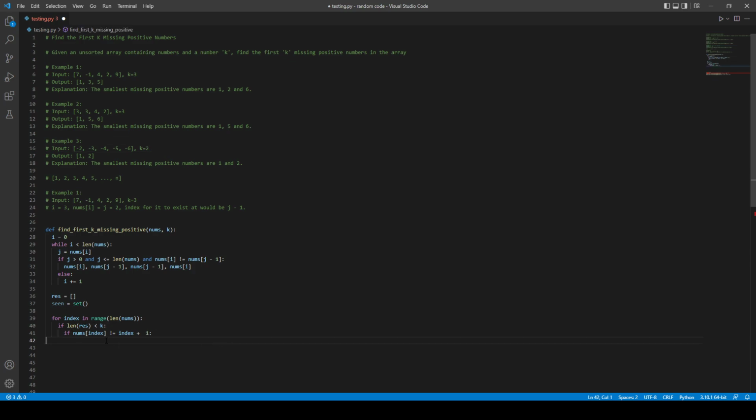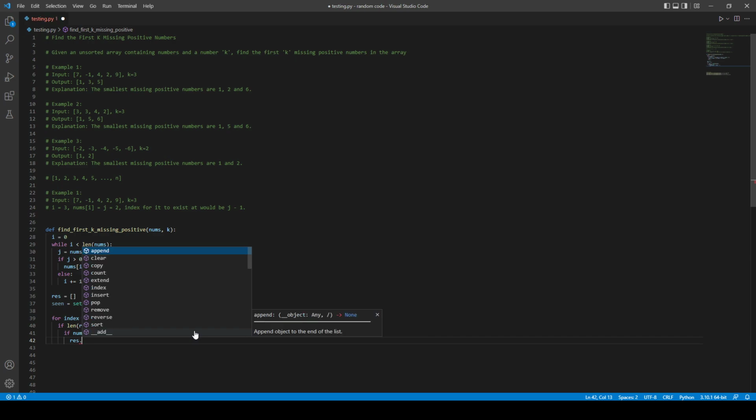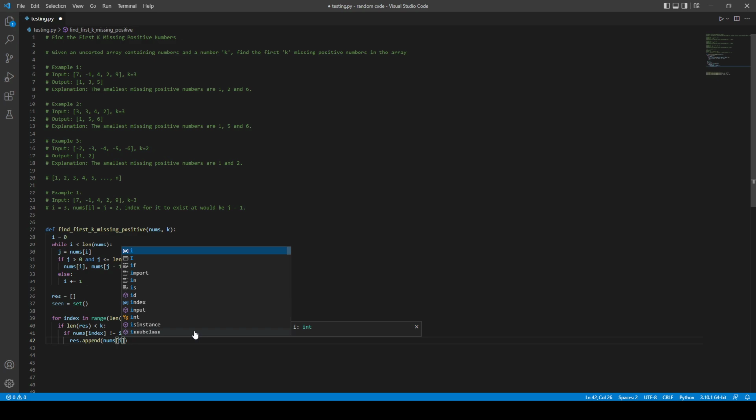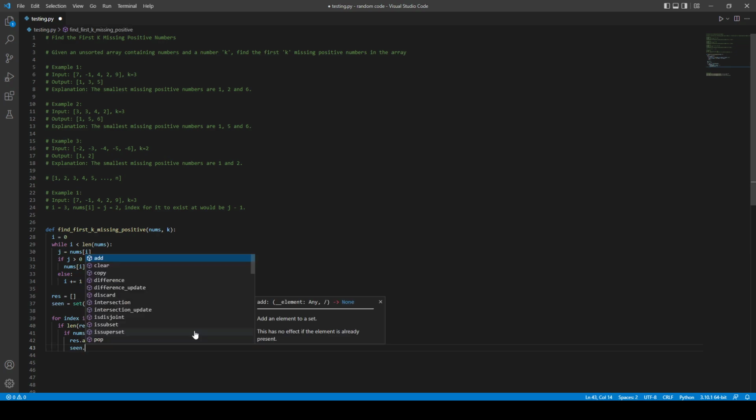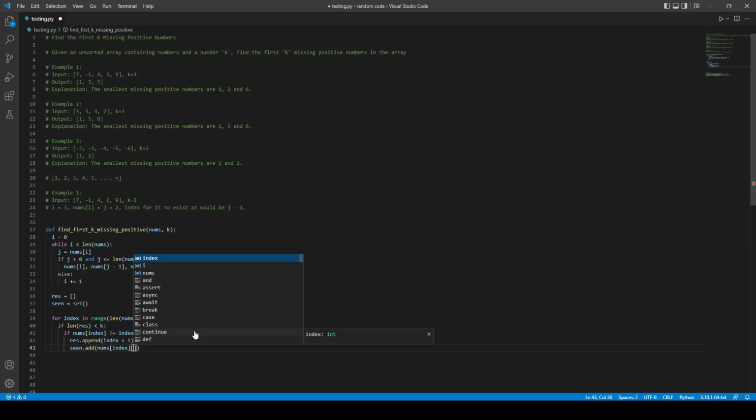And so basically if it's less than k, then we're going to check if it's not equal to it. If it's not equal to it, then we want result.append nums, we'll just do index plus 1, right? And then in our seen set, we're going to add nums[index], because